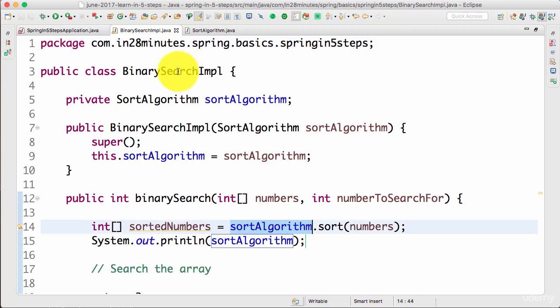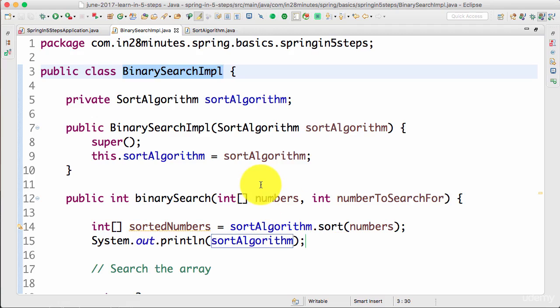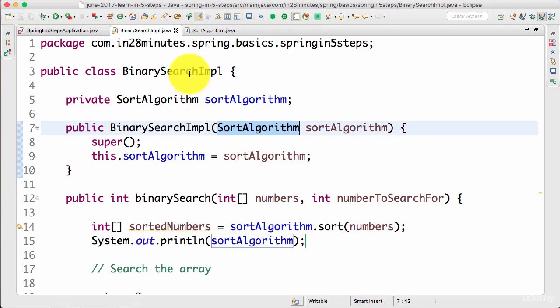What we are doing here is we have now separated the BinarySearchImpl from the sort algorithm it's making use of. You can dynamically decide which algorithm you'd want the BinarySearchImpl to use. This is basically how you make your code loosely coupled. When you hear people talking about interfaces making applications loosely coupled, this is what they are talking about.